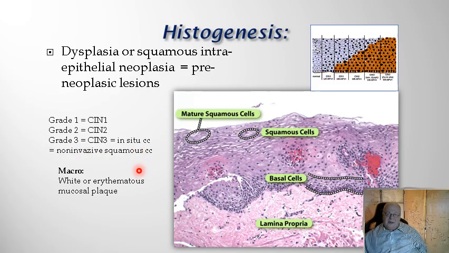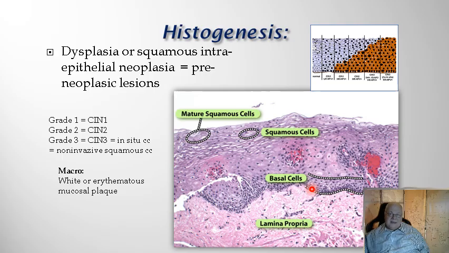In situ carcinoma means that the cancer is already there, but it's still not yet able to penetrate the basal membrane of the squamous epithelia, so it's not invasive, so it's not yet able to generate metastasis. So as long as it is a dysplasia, even of grade 3, which is already cancer, it's not a pre-malignant lesion anymore, it's already malignant, but not yet able to generate any complication at all.